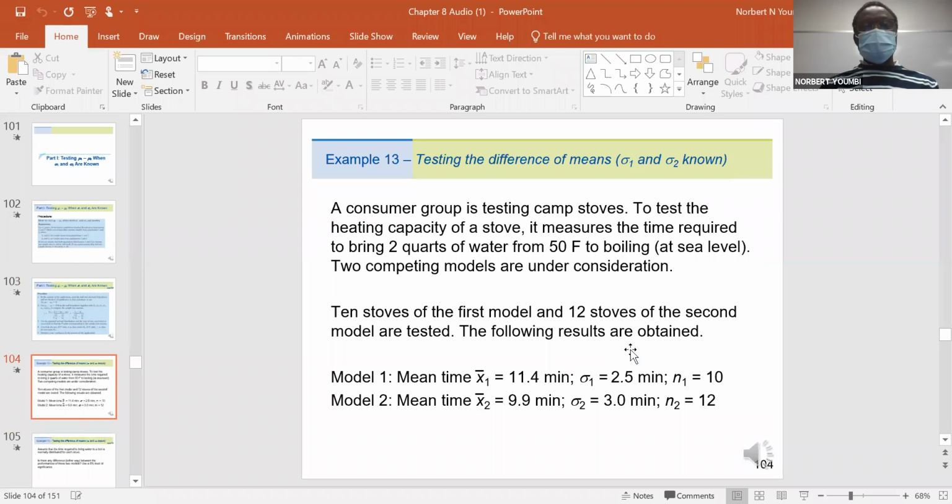So we follow the same method. The consumer group is testing camp stoves to test the heating capacity of a stove. It measures the time required to bring 2 quarts of water from 50 degrees to boiling at sea level. Two competing models are under consideration. 10 stoves of the first model and 12 stoves of the second model are tested. The following results are obtained. So, using the calculator,